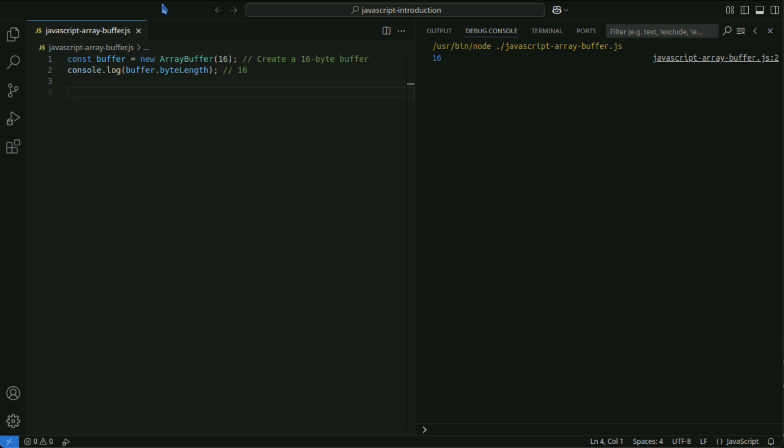You cannot directly access an ArrayBuffer, so you use a typed array to read and write data. Typed array provides different types of views such as Int8Array and Float32Array, enabling efficient access to binary data.